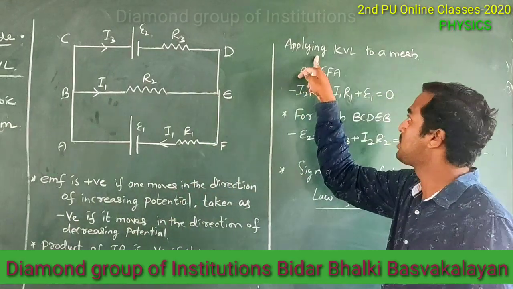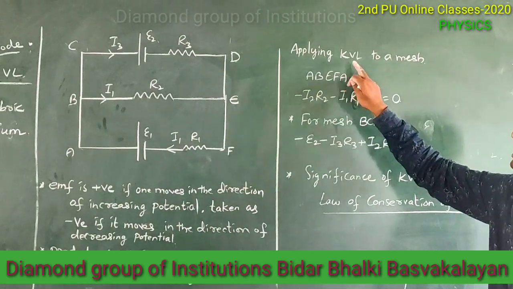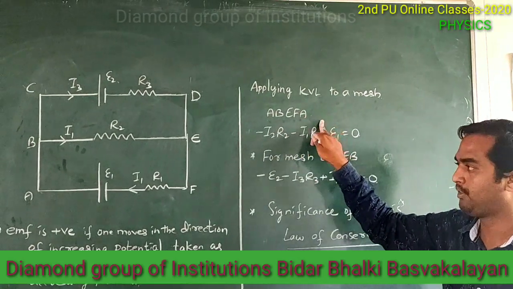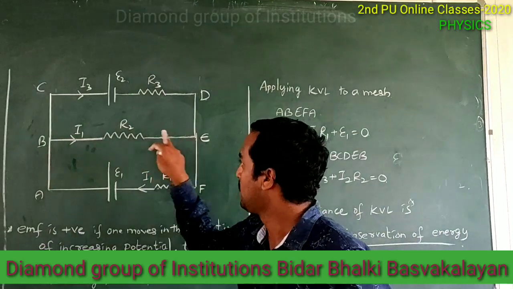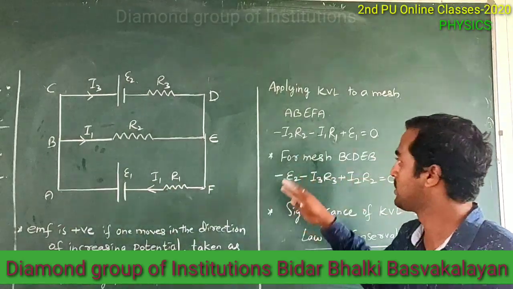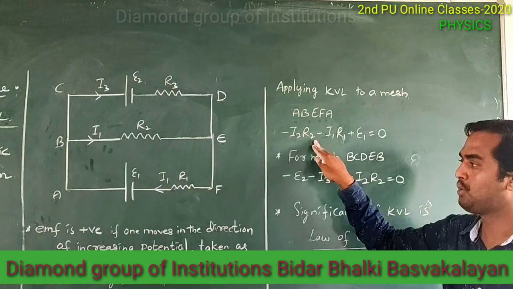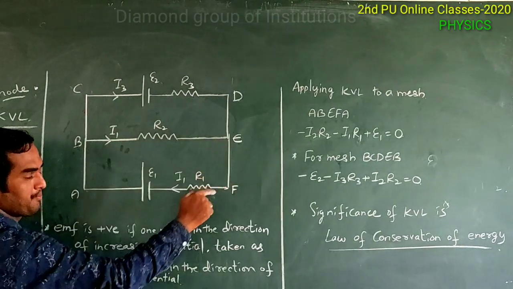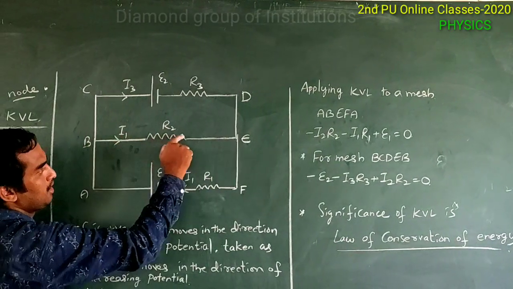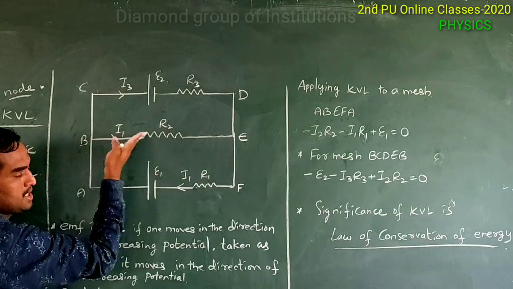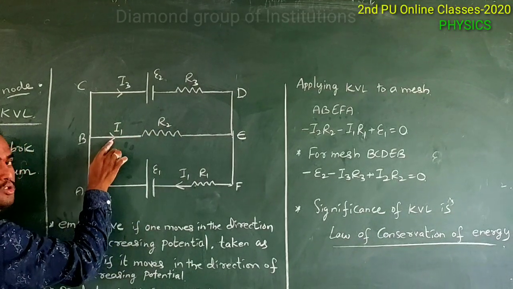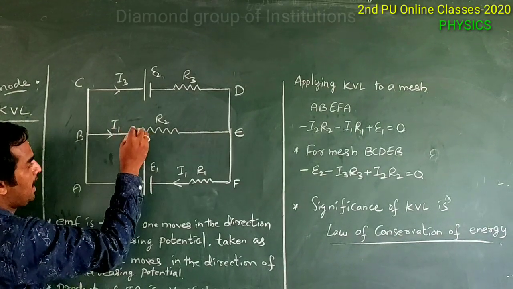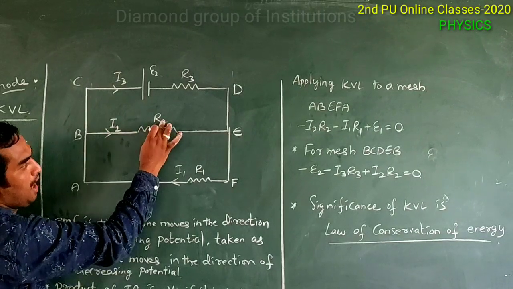So we are applying Kirchhoff's voltage law, that means Kirchhoff's second law, to the mesh A, B, E, F, A. And see here, I2 into R. We are moving like this, A to B. So we are going in this direction, and the current direction is also the same here. So that's why I2 into R2